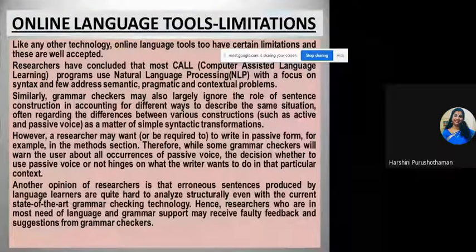The thing is, apart from having subject knowledge, you also have to have some knowledge about grammar and the way sentences are formed and structured. Only then will you be able to identify, even if the online tool shows some particular mistake, that you can't accept it, and you can just ignore it and go on to the next. Otherwise, if you accept it, then it will become a big problem for you when you're formally submitting it to your guide or anyone.